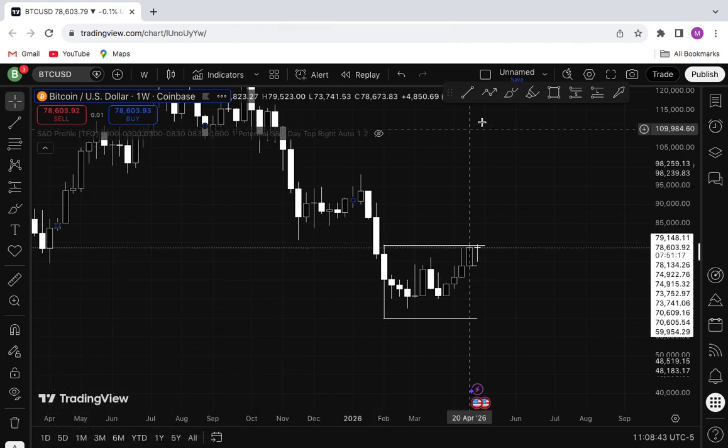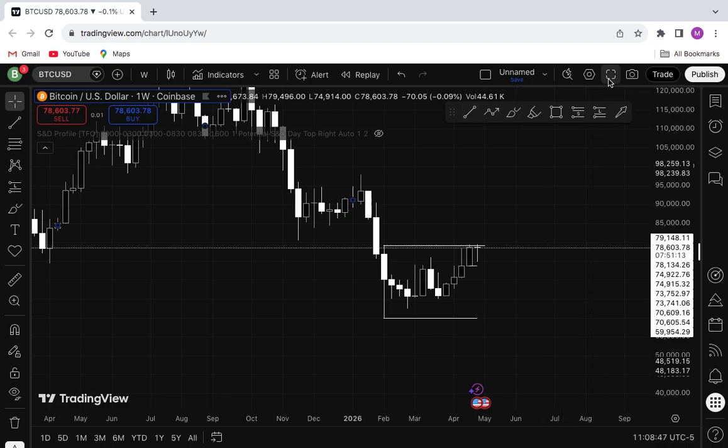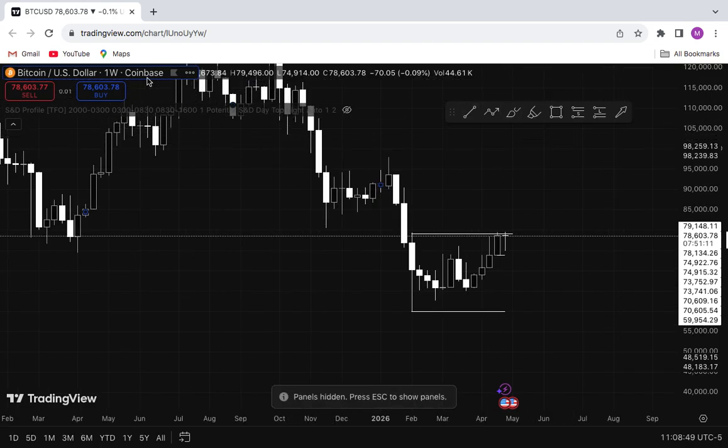It's the weekend, so today we are going to be looking at our market, focusing on what we are to be expecting in the market. I have three pairs we are going to be looking at today: BTC, DXY, and GU.